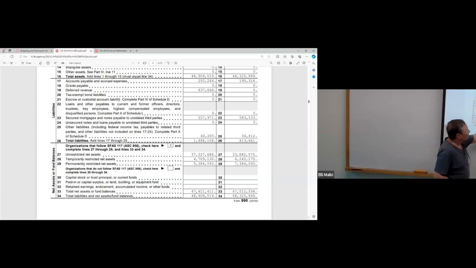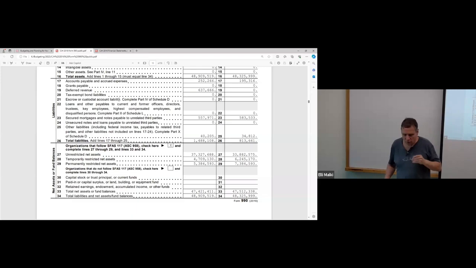First of all, we have the numbers, and we just copy the numbers to the table. So we have unrestricted, 33.88, temporarily restricted, and permanently restricted. So what is this restricted? That we already know, we already discussed at length that